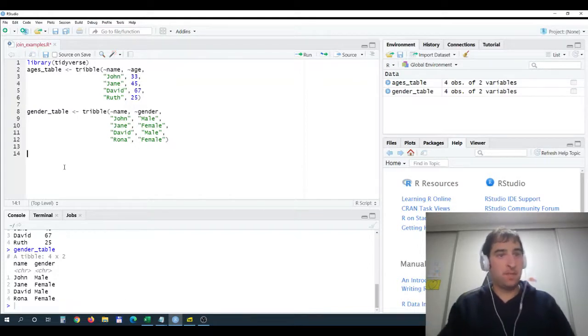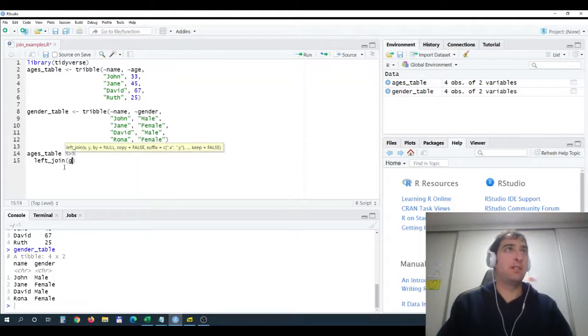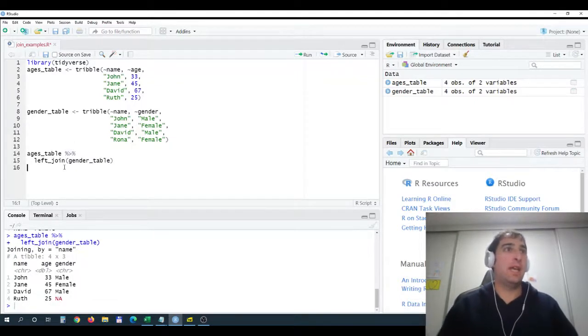So let's see what we have here. Let's say we want to take the ages table and add a new column with the gender data. All we have to do is use left join gender table, and we get a new table. This is exactly the table we've seen in the Excel example with the Vlookup. So we have the first column is name, the second one is age from the first table, from the ages table, and the left join function added a new column called gender with the respective gender of each of these